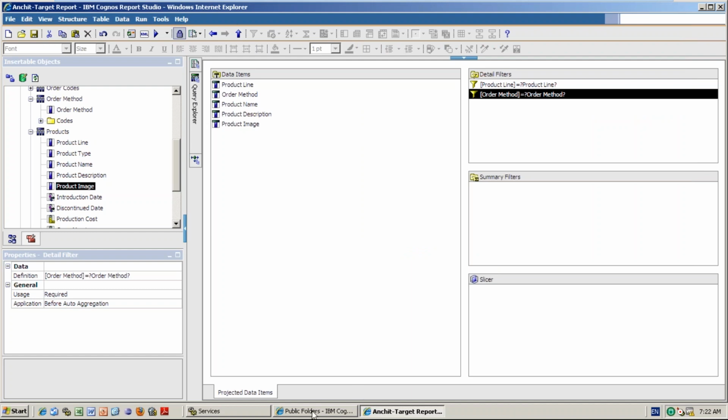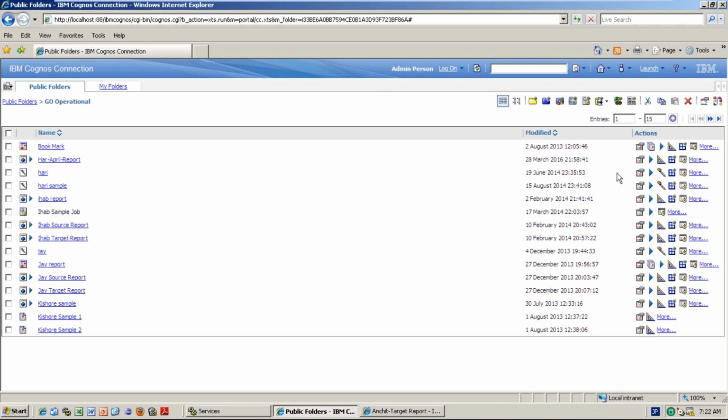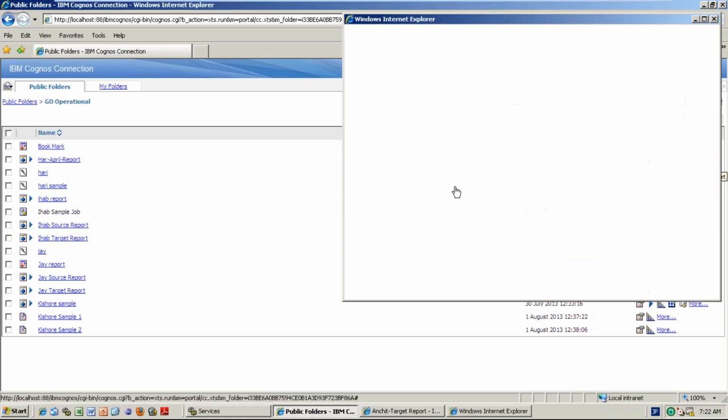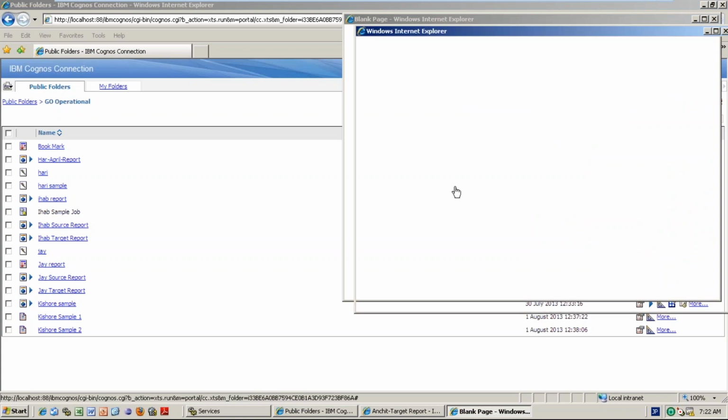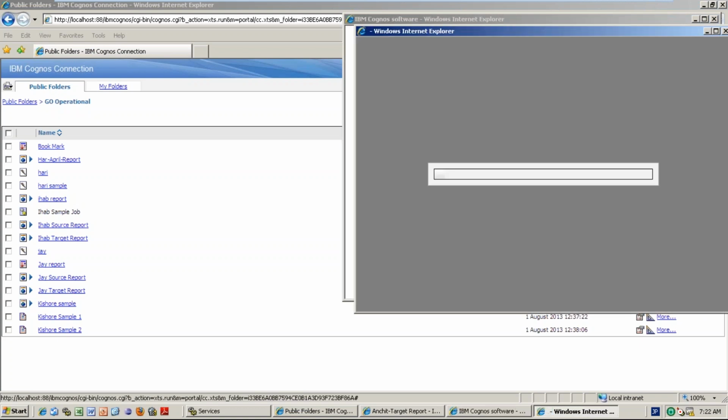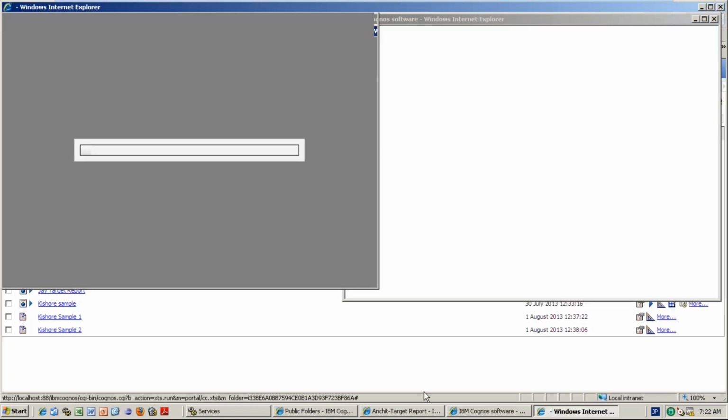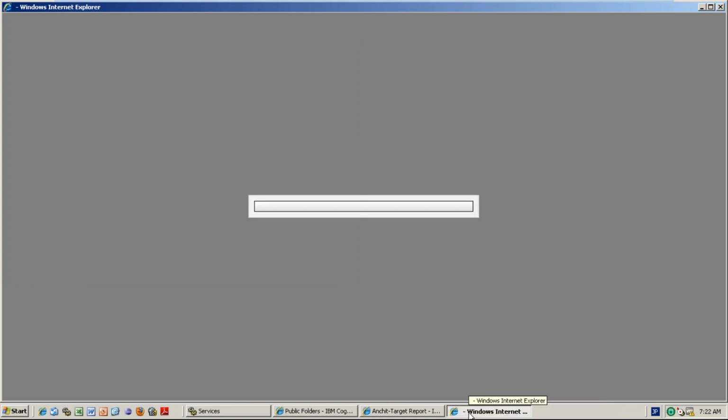Let me create that report first of all. So I'm creating another report, that is the source. From that report, I will give the permission to this report, drill through definition to this report.